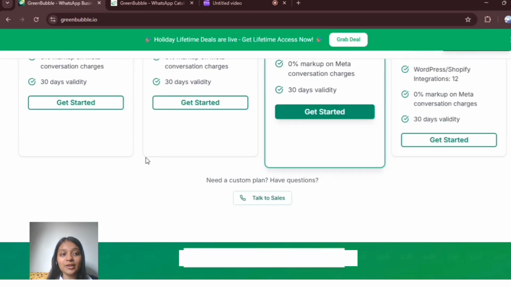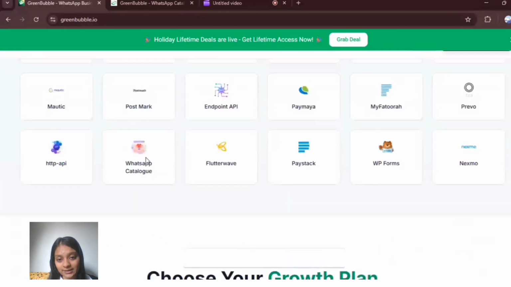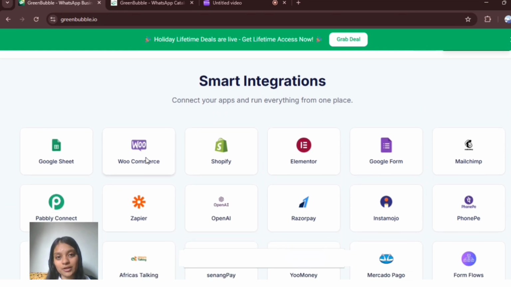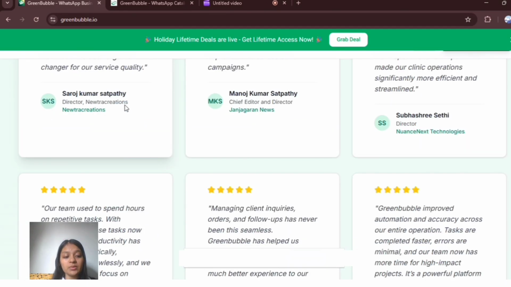You can start your 14-day free trial and see various features of Greenbubble. Our previous customers have seen outcomes such as faster customer response, organized lead handling, automated follow-ups, and scalable marketing. Use cases can be lead generation, sales follow-ups, and customer support using e-commerce promotions.